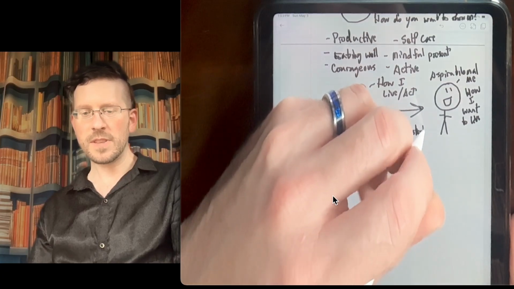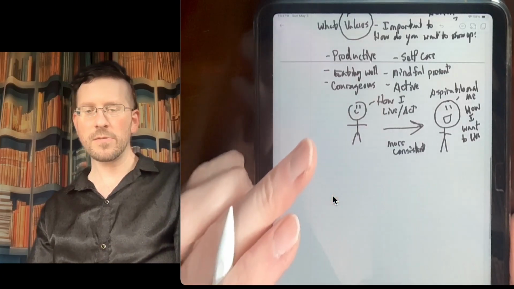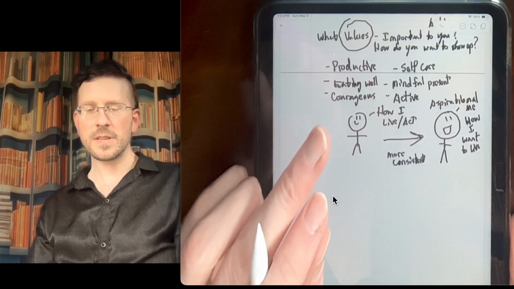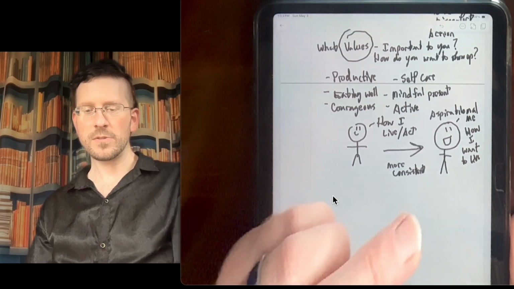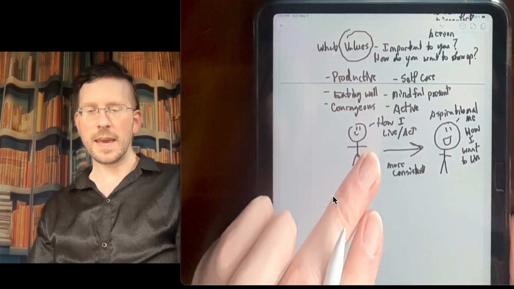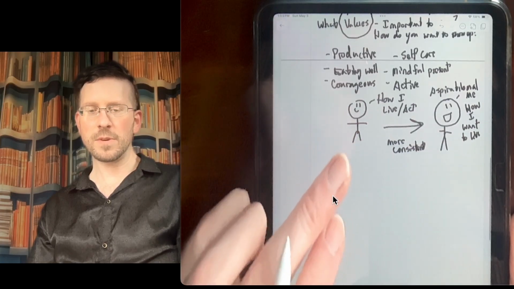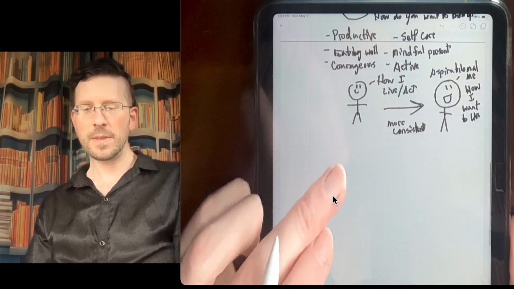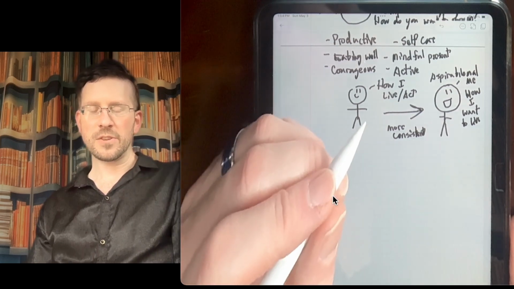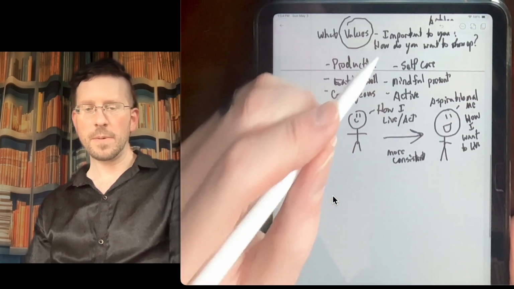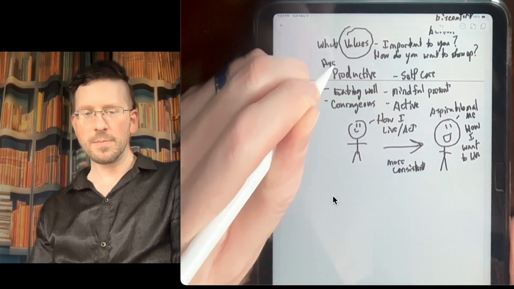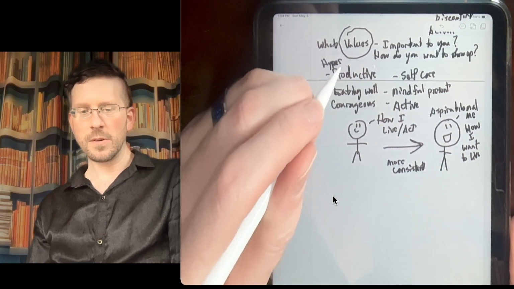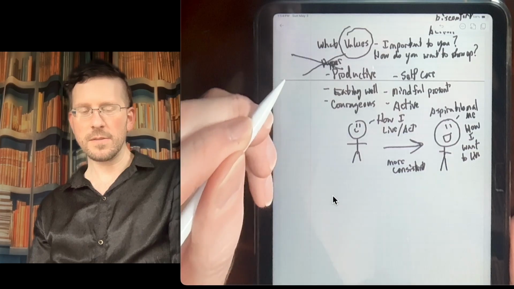Or maybe there are things that aren't really values. Maybe there are things that I think are values that I would actually want to drop. Maybe something's been hammered into you as something that's important, but actually you think, well, maybe that's not important to me. And so your value would change. Maybe you learned to be hyper productive, and you go, you know what, I don't want to be hyper productive anymore.